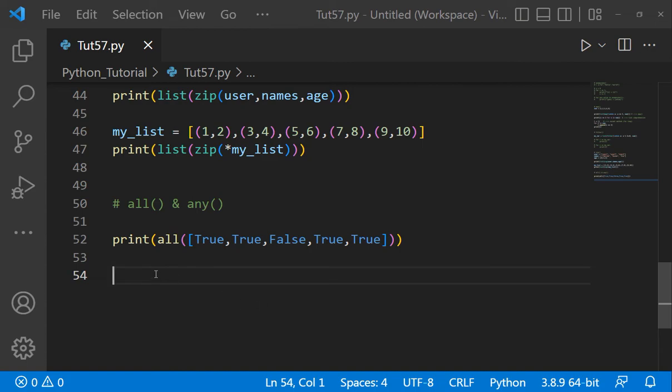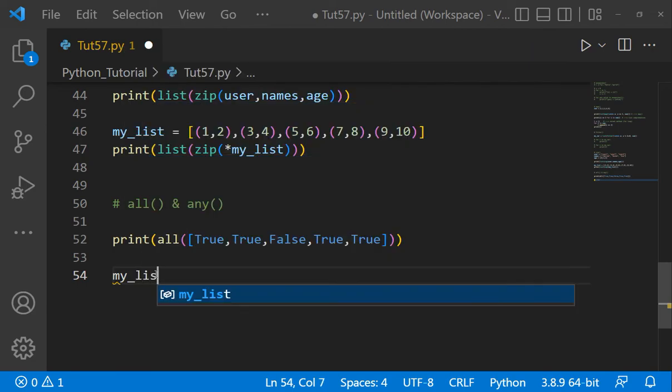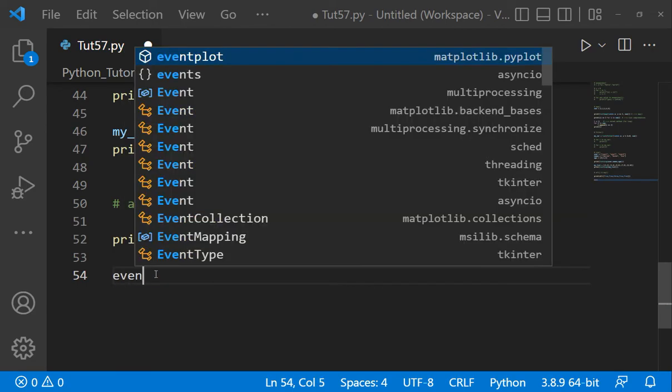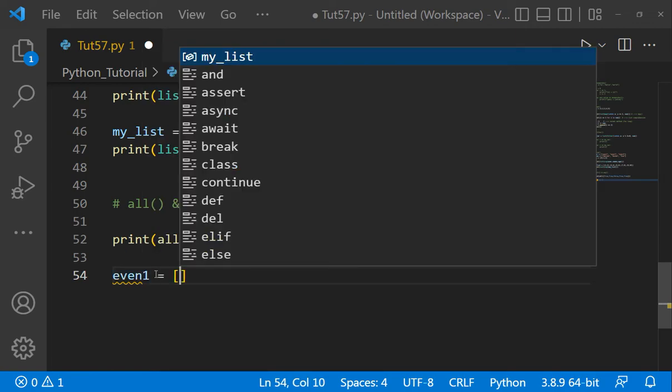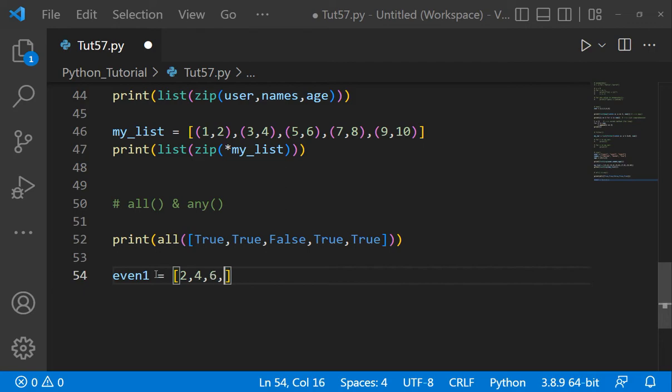Okay, suppose if I have a list, my list 1, or let's write even 1. Okay, now if I have a list 2, 4, 6, 8, or you can say 10. Okay, now if I check whether all the values are true or not,